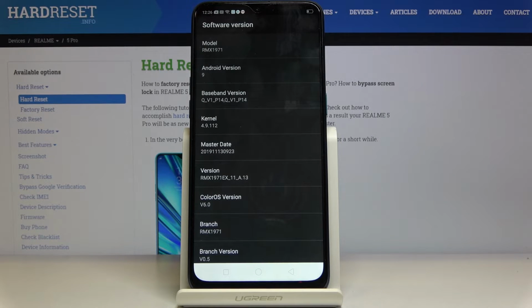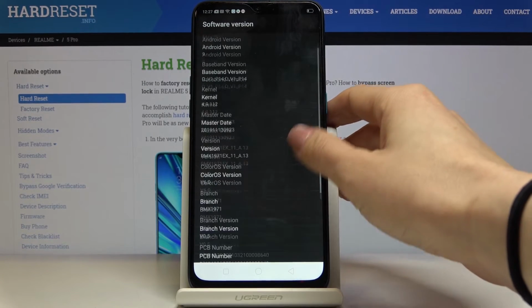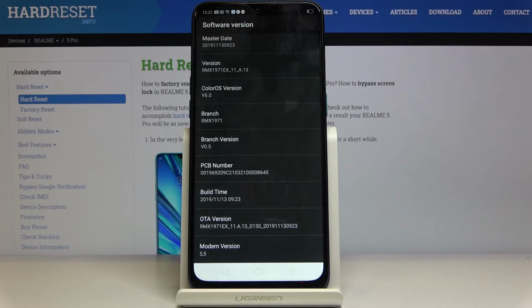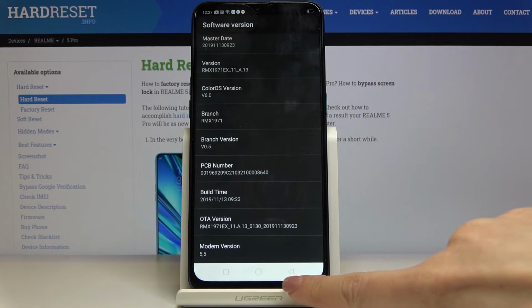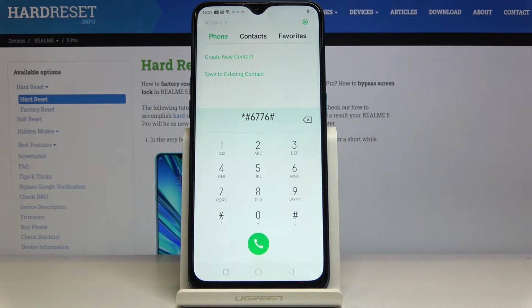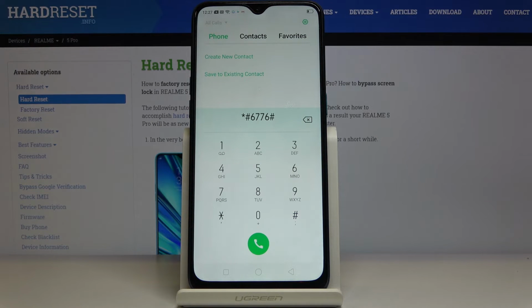So smoothly by entering this code, you can check all the very important information like model, Android version, baseband version, kernel version, master date, version, color version, branch version, and many other useful details. So this is it. Let's go back, and now we've got the last code, which will allow us to enter